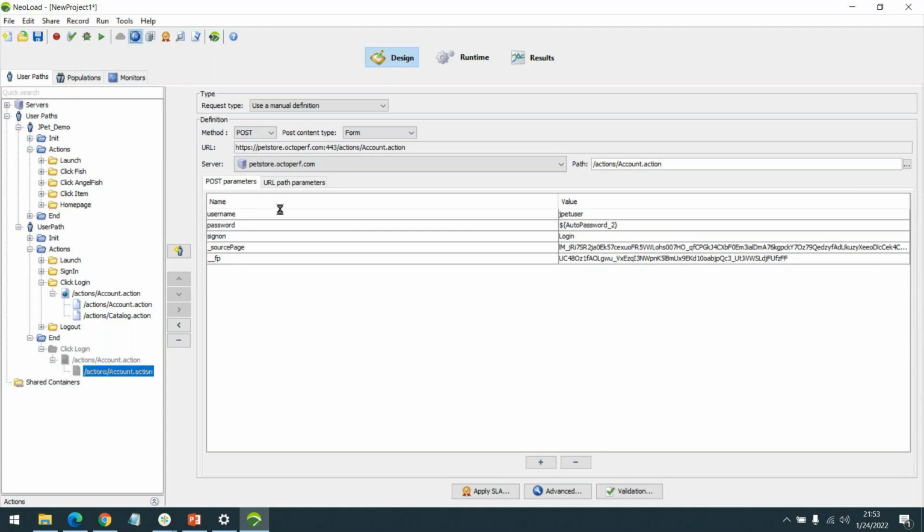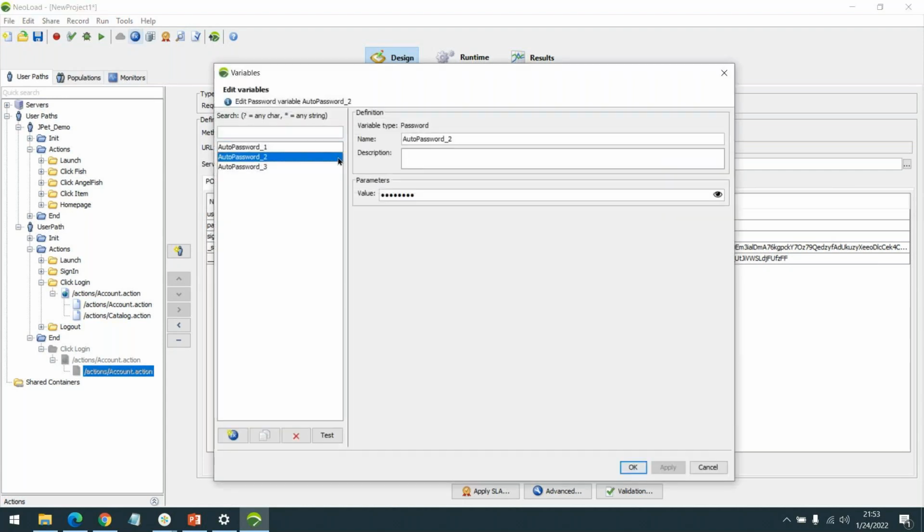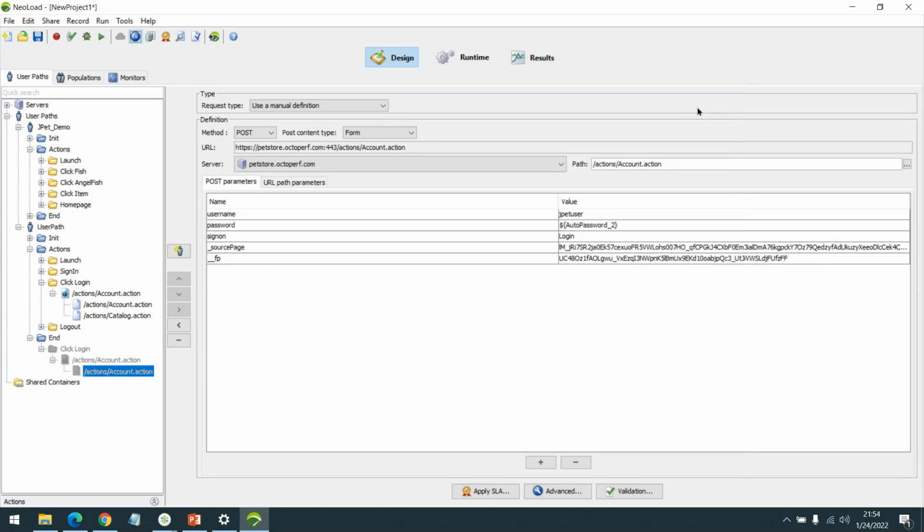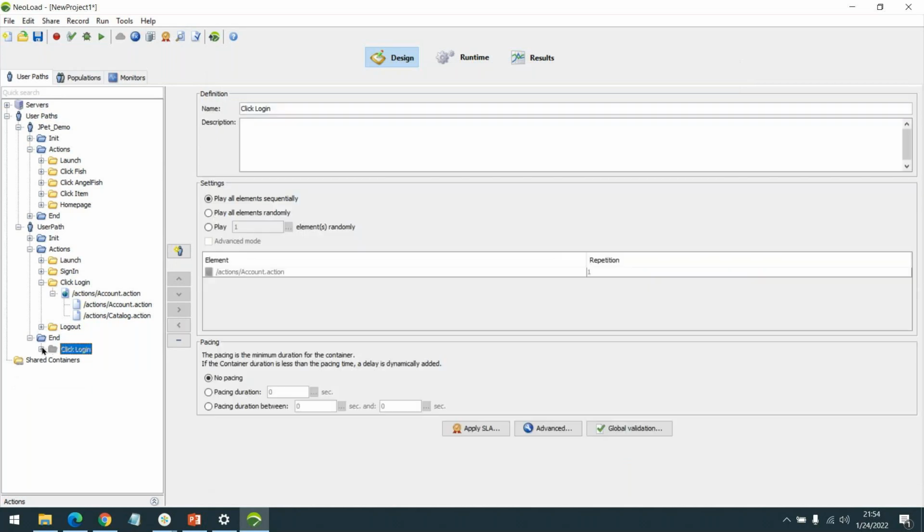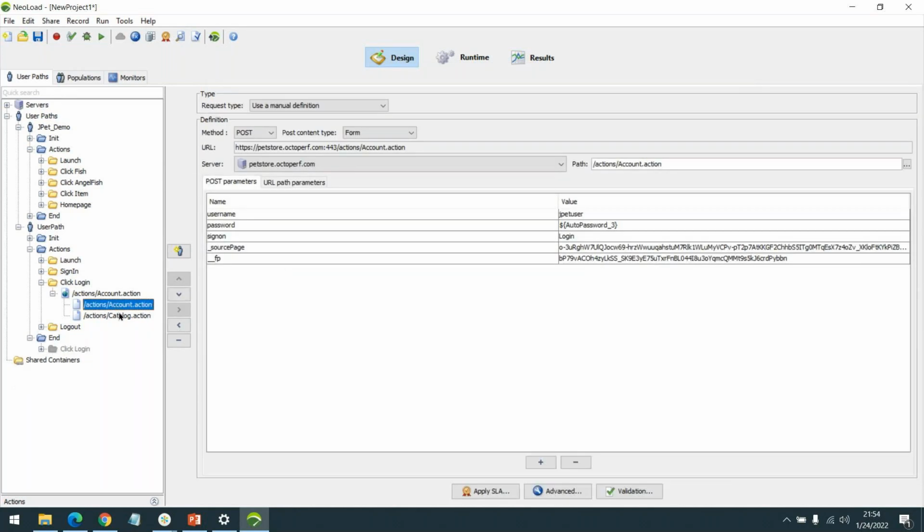I must have provided the wrong password. Instead of jpet user, instead of p, I have given o. I'll come back to what this auto password is when we discuss it. So if we see these transactions,